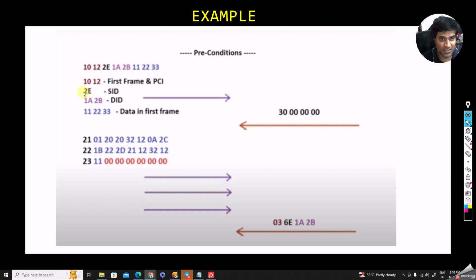In hexadecimal, 2E is the SID, and then 1A 2B is the DID. Then we have the data frame. Basically, we have some data in the first frame itself, so that's why we are sending 3 bytes of data over here. And then we are getting the flow control from the opposite direction, indicating 0 3